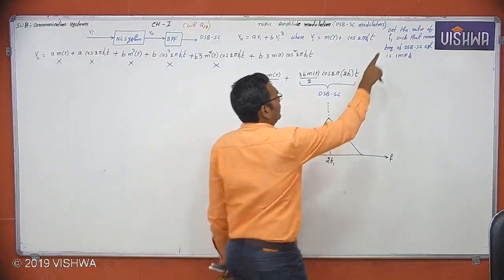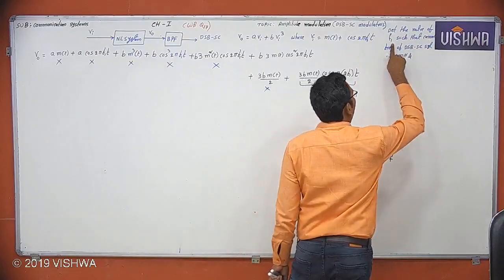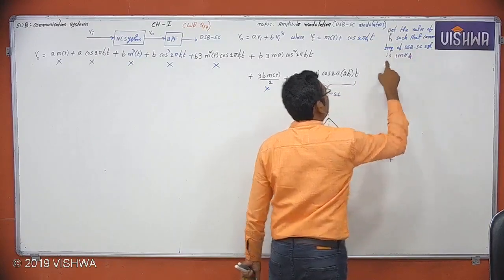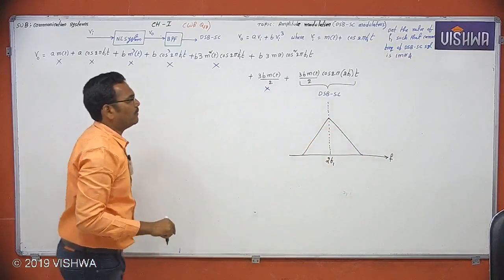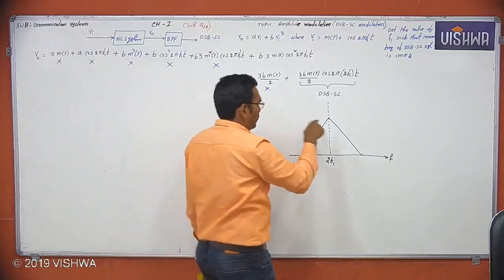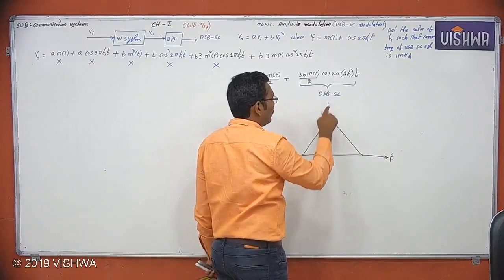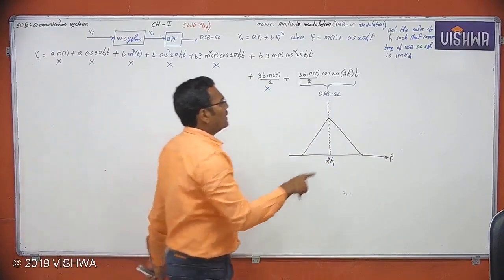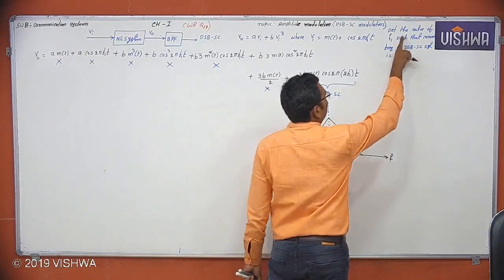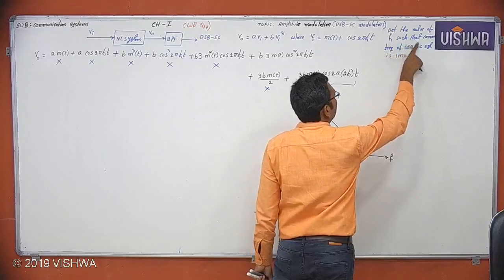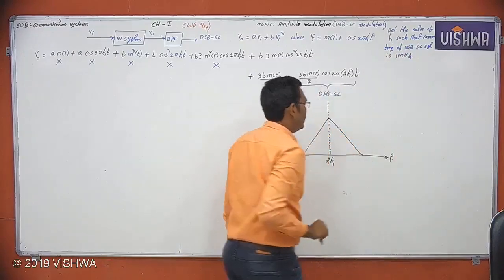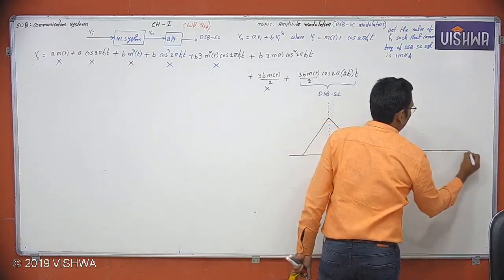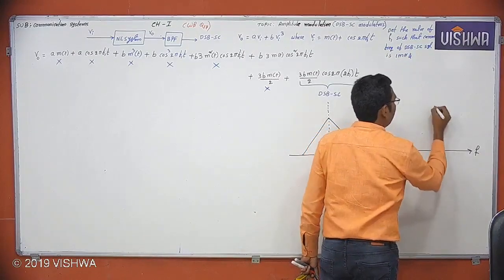Now what he is asking: determine the value of f1 such that the carrier frequency of the DSBSC signal is 1 MHz. This is the carrier frequency of a DSBSC signal from the given system. What is the carrier frequency he is asking? Determine the value of f1 such that the carrier frequency of the DSBSC signal is 1 MHz. Now if this is the DSBSC signal,